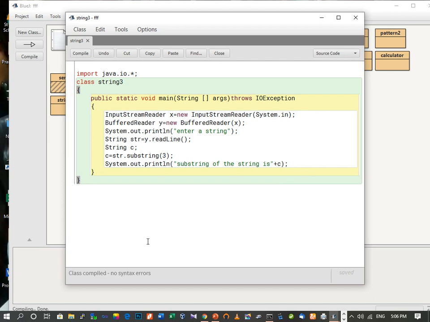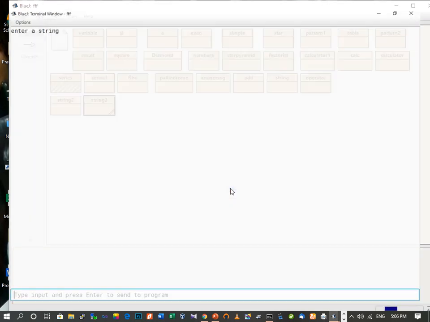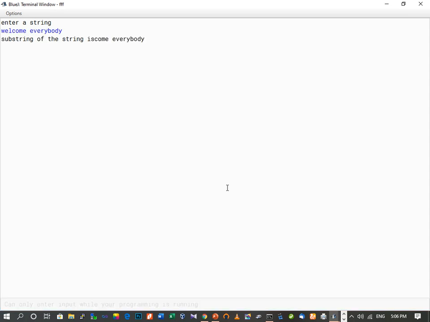Here we get no syntax error. So we will see the output of this code. We are going to enter the same string which I have taken in the example. Welcome everybody. Here you can see that the substring of the string is come everybody.